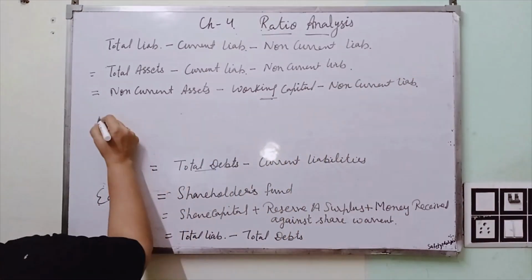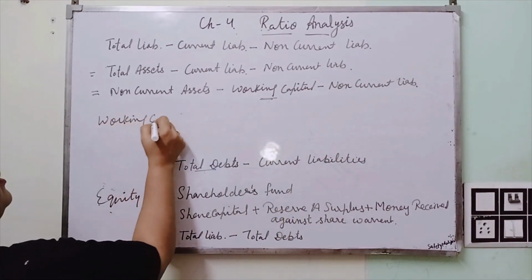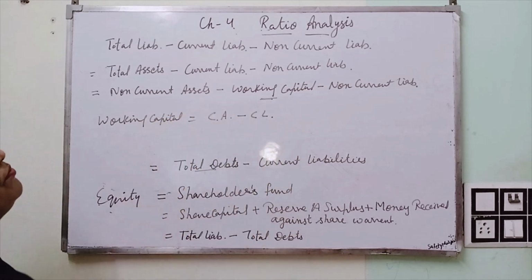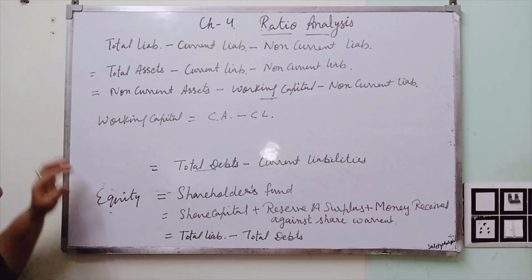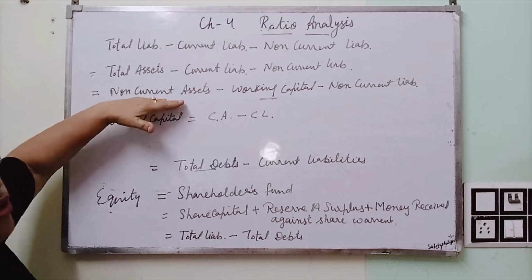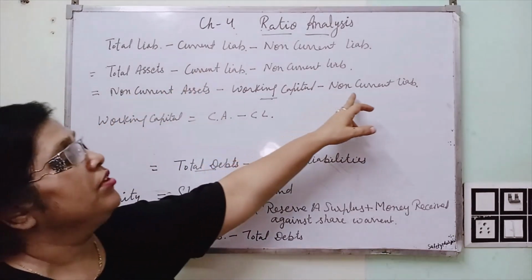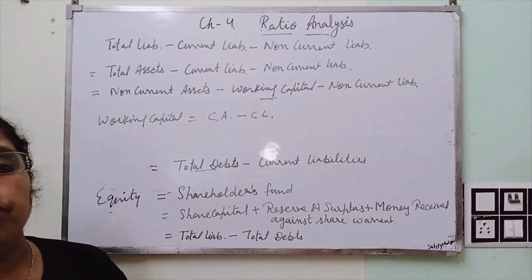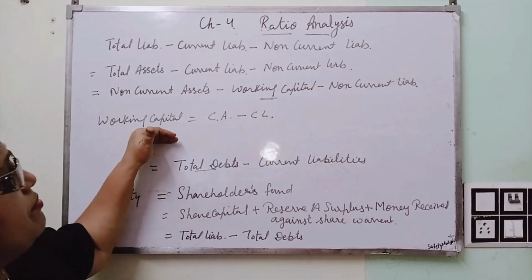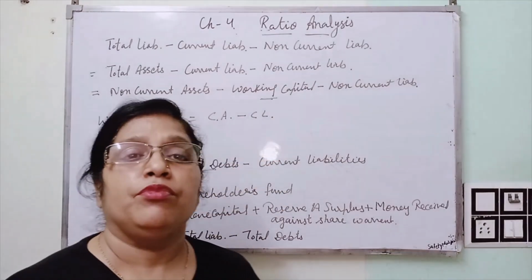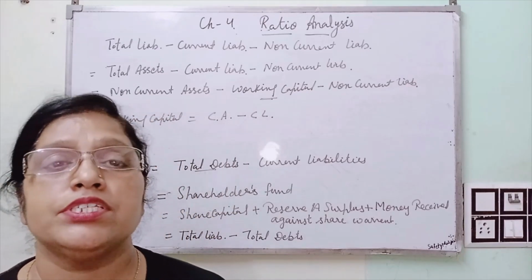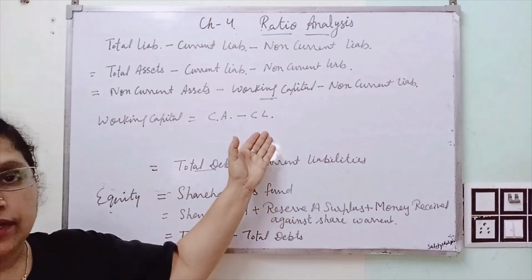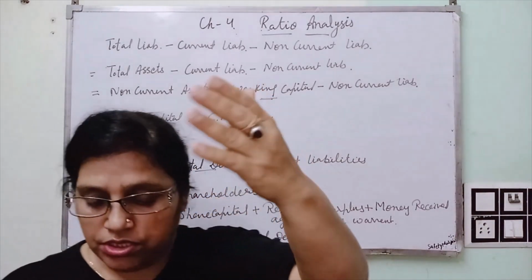Now what is working capital? Working capital is equal to current assets minus current liabilities. Clear? It means we are adding current assets in it to get total assets. Out of that, current liabilities and non-current liabilities are deducted. Clear? This helps the businessman to know their long-term obligation to pay the amount to different stakeholders on due time. Clear? Now we will do a practical problem on this behalf, and the question is on your screen.